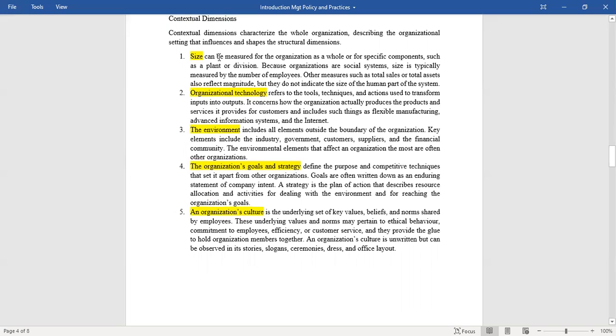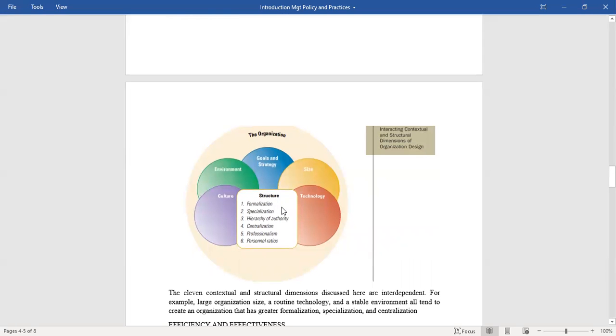Now, the contextual dimension characterizes the whole organization, describing the organizational setting that influences and shapes the structural dimension. So, structural dimension, basically, you can look at this diagram. As you can see, this is the structural dimension, which means what the organization looks like internally. And then these are certain factors